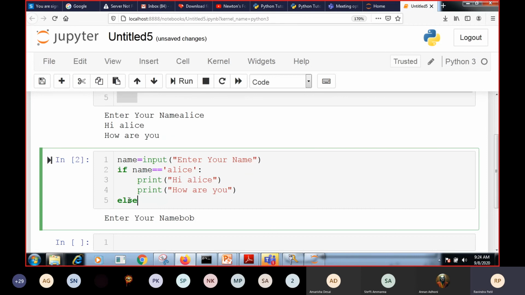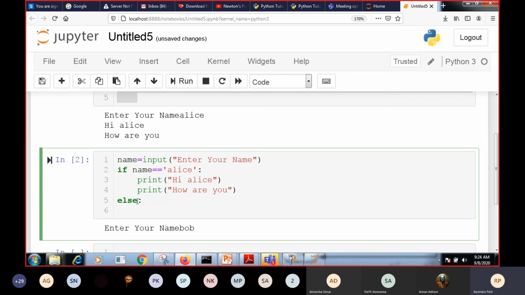As the syntax says, else terminates with a colon, so we have to give the colon. After that, the next statement automatically starts from here, since Jupyter supports auto indentation. So if he is Alice, we say hi followed by a message, how are you?